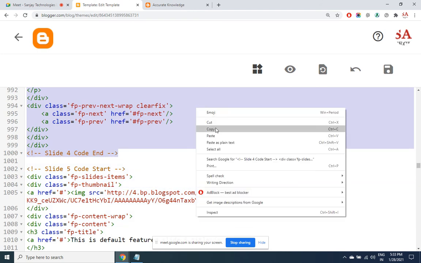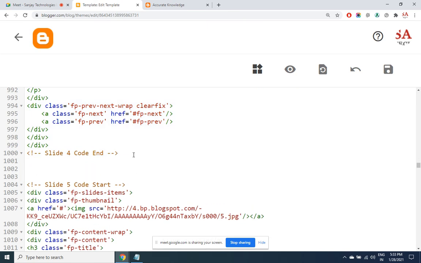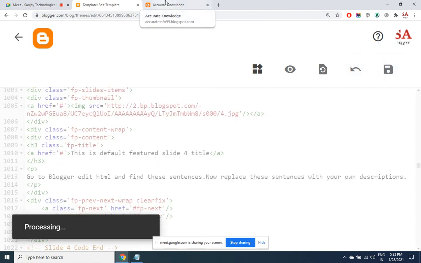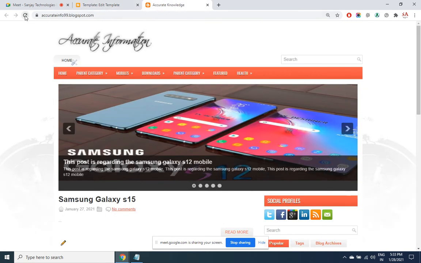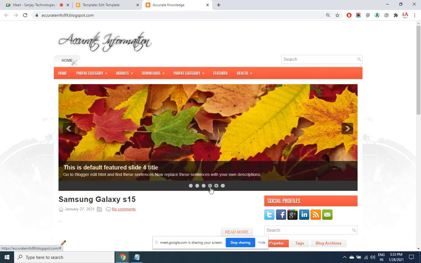This section of the code I copy and place right after slide 4 itself. So logically slide 4 and slide 5 have to be the same. Now I'll have an extra slide here. There were 5, now we have 6. Look at the 4th and 5th, both are the same. But you know how to edit this. This is the way sliders work. So any theme, any slider, you have to do it in the same way.